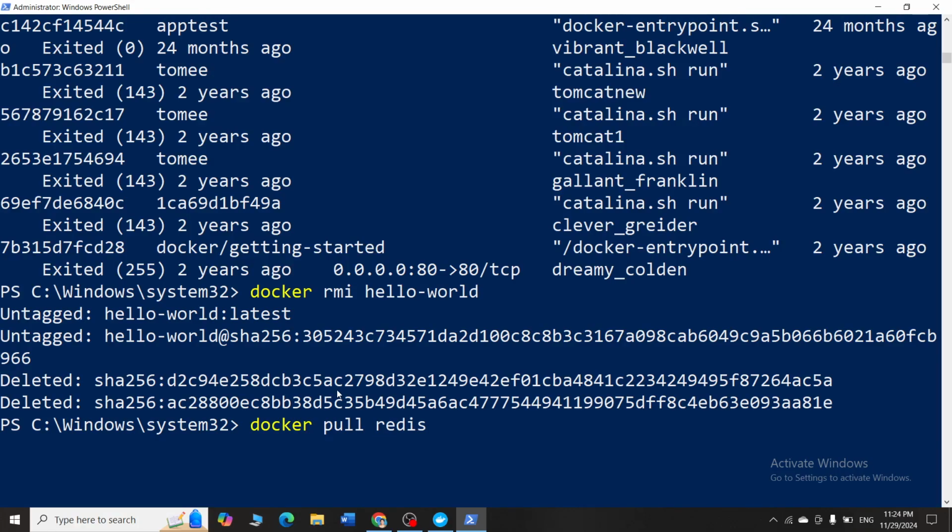Redis is basically a database application. It is generally used to store temporary data. For example, suppose you are using some live charts or live leaderboards, like YouTube live, where some temporary live charts will be displayed.